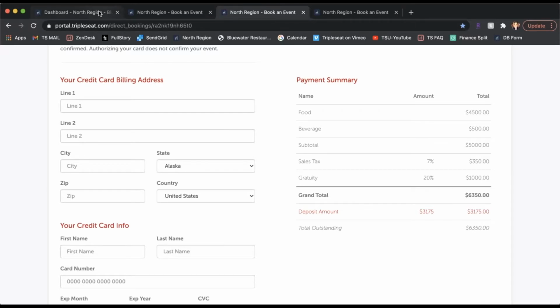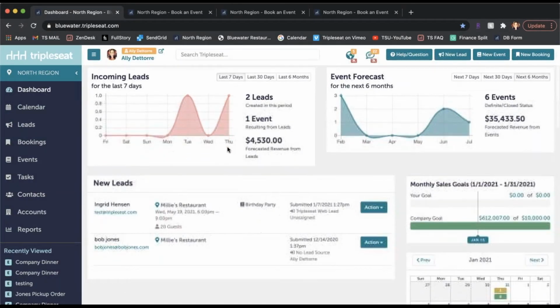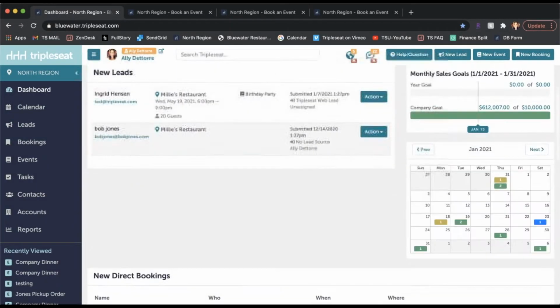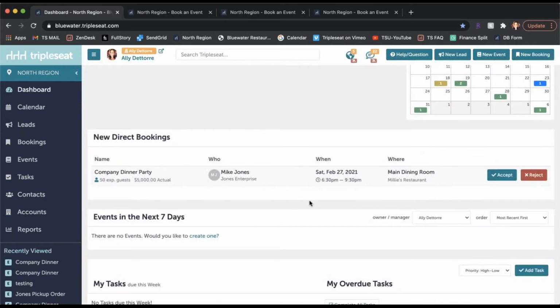Once that form is completed by your customer, an email is sent to all users receiving Direct Book notification emails. When you log into your Tripleseat site, the event is going to populate as a new Direct Book inquiry on the dashboard right in this section here. So here is a booking that we've submitted, which you can see we have the option to accept it or